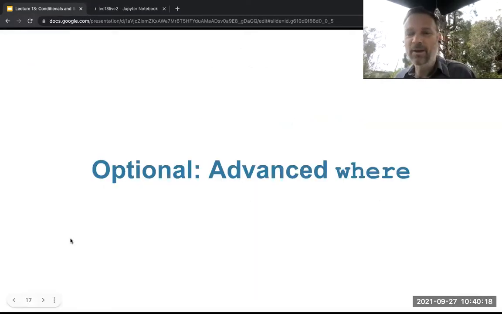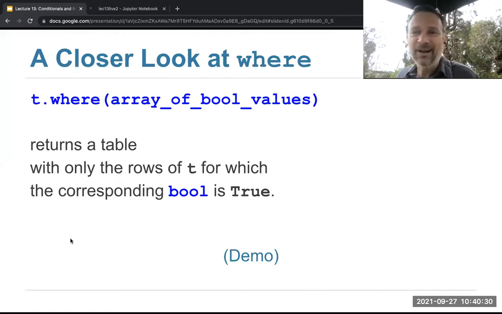All right, one more thing I want to show you, a little bit of Python stuff. This is not as important. The most important thing is to know about for loops and to know about simulations. I'm going to show you how to select some of the rows of a table.